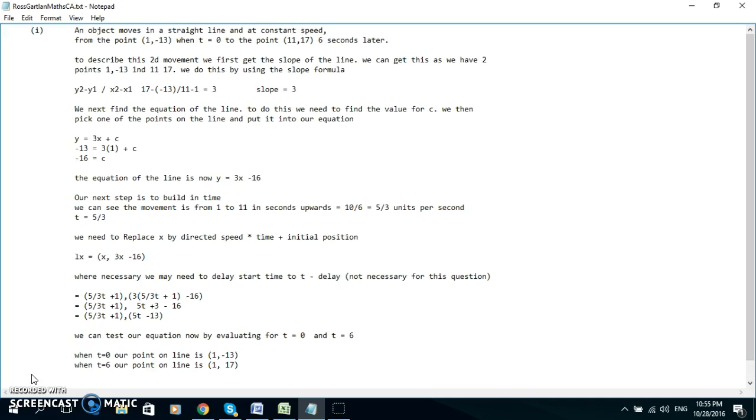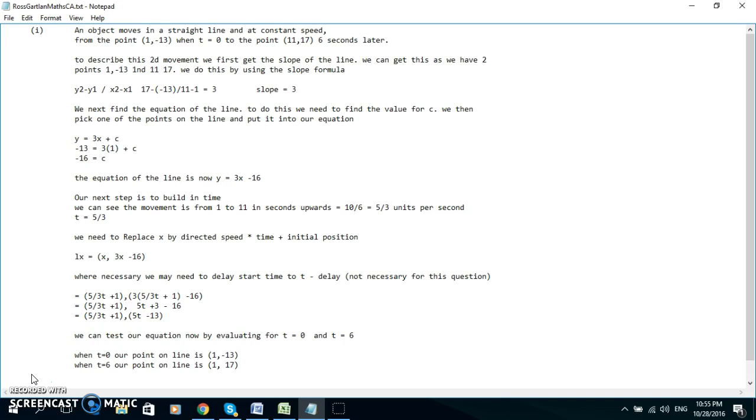The next step. So we have our equation of the line. L of x here now is x and 3x minus 16. Where necessary, we need to delay the start time to t minus delay, but it's not necessary for this question. So we build in time into this equation, and